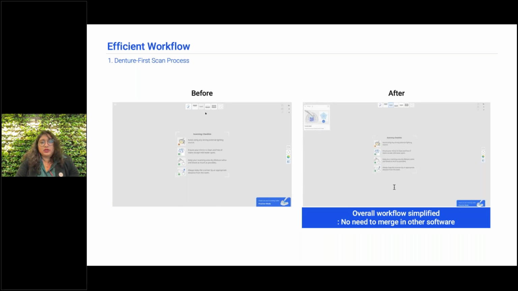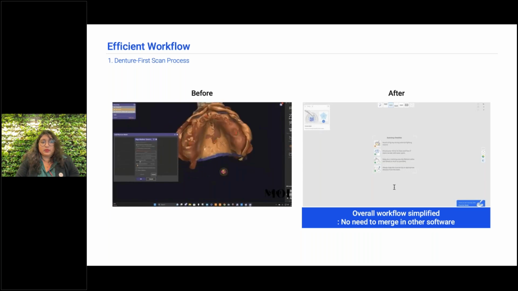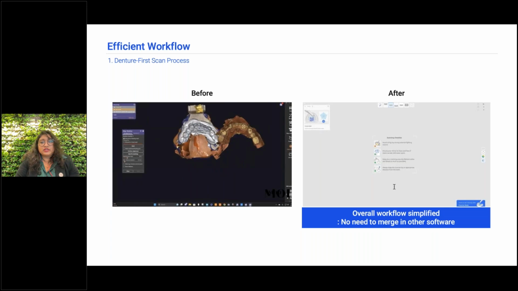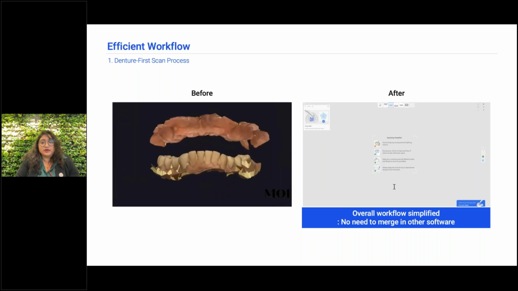Before, the patient's oral data was required to be able to perform a denture scan, and only that way the alignment was possible in the program. As you saw in the video on the left, if there was no oral data, the denture scan icon would not be activated. So if you wanted to start from the denture scan first, you'd have to scan in another stage and then merge with the oral data by doing the alignment in third-party software, for example, Exocad. However, now, as you may see,